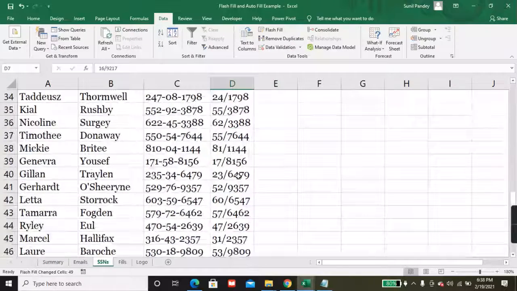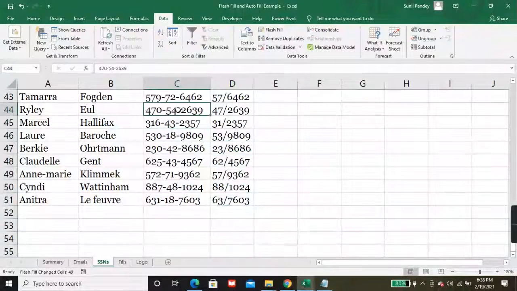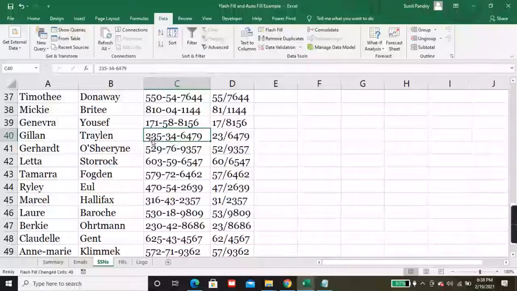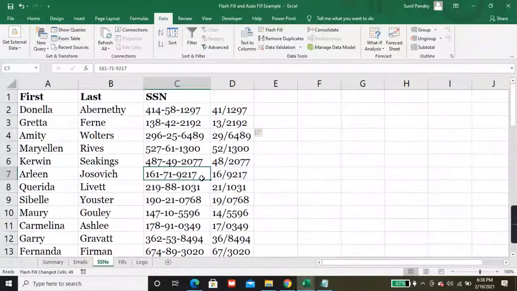See the magic. It automatically changes in every cell: the first two and the last four. I hope you understood flash fill. It's a very powerful option in Excel.